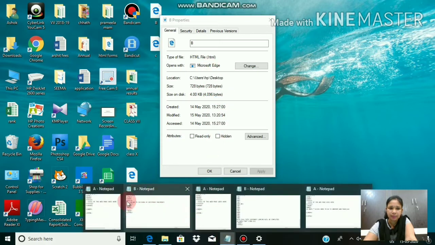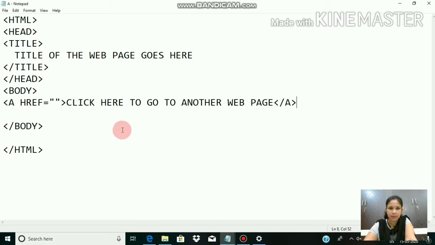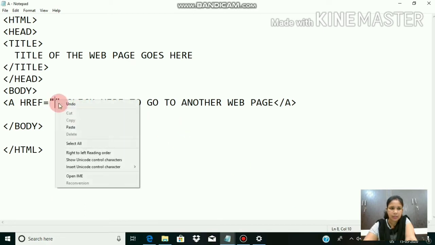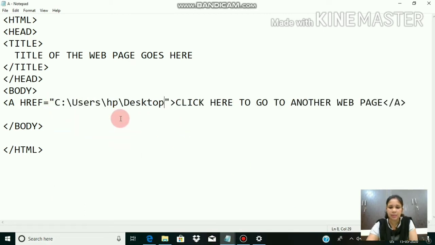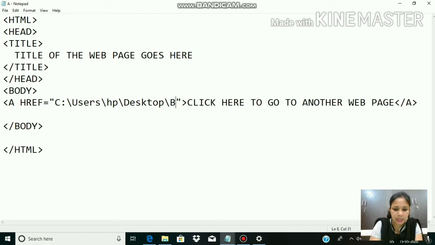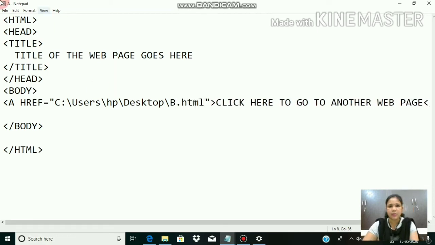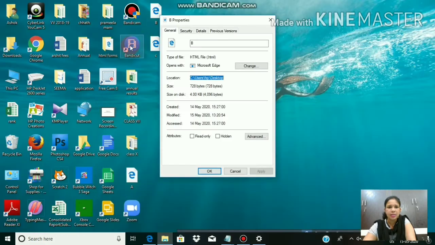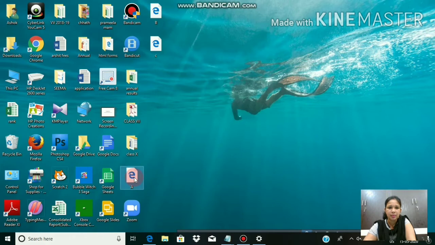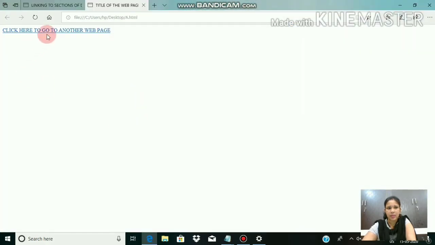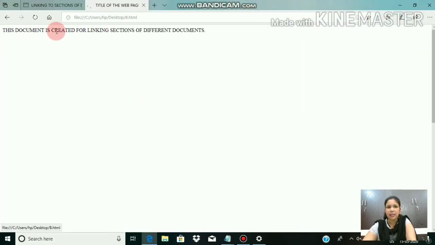Then in the notepad we were working with, right click, paste, slash B dot small letters html. Now save it, file, save, and just open this web page. Just see, here is the link. If I click here, the top part of document B will open, but I don't want this part to open.